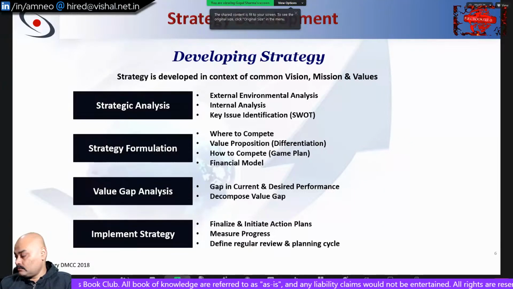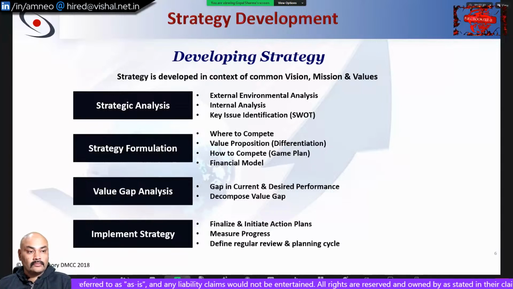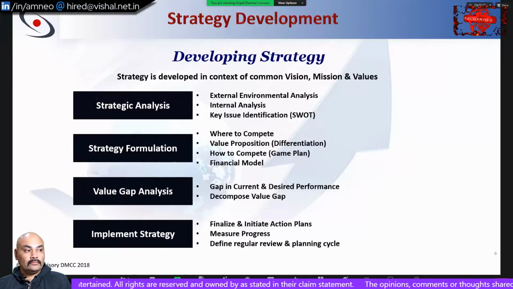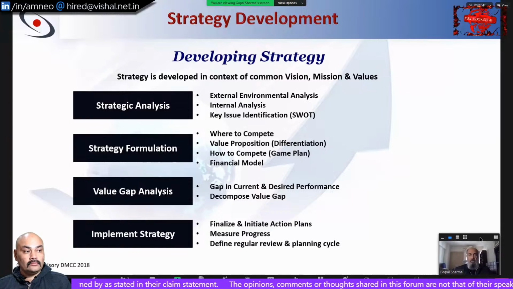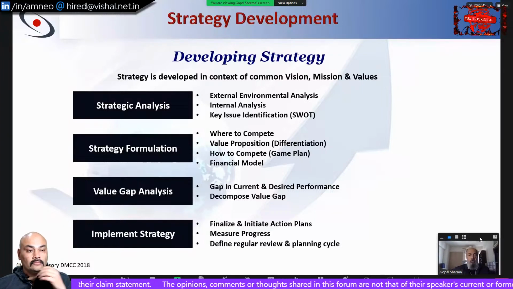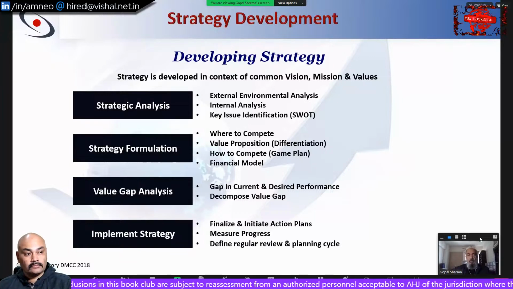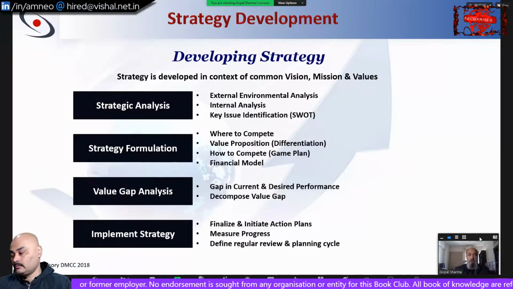So we'll continue from last week. We were looking at the strategy development process, and there are four key steps involved. Once you develop the vision, mission, and values for an organization, which are the guiding principles, giving you a compass for what you want to achieve in the long run, you do the strategic analysis to validate whether what you're trying to achieve is possible, and how you're going